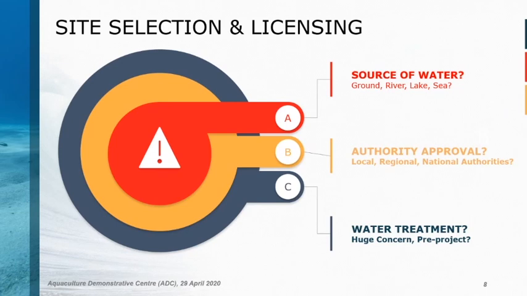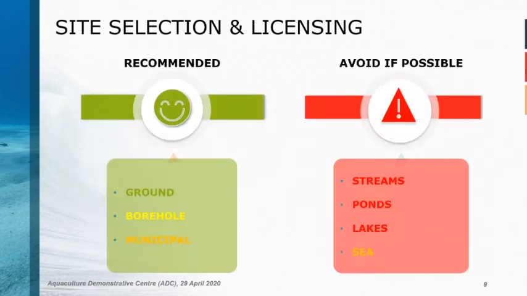And there are other issues that have to be taken care of, but it changes every time depending on the location and country. So when it comes to the water source, I would recommend 100% groundwater because of its purity and, let's say, temperature, but temperature is kind of cloudy because it depends on the species you choose to grow, right? And if it's possible, I would say avoid the streams, ponds, and lakes,